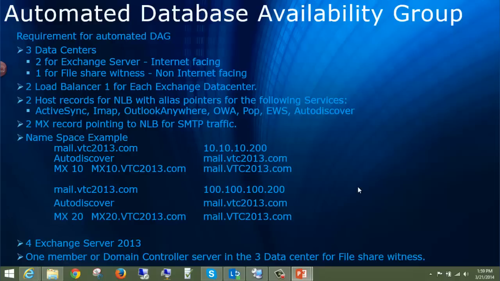The requirement for automated DAG is very simple. Three data centers: two Exchange server data centers, which are internet facing, and one file share witness data center. Then a load balancer for each data center which has Exchange, and a host record for the network load balancer. You have to create the host record for the network load balancer for each data center, which will be two host records, to get the CAS